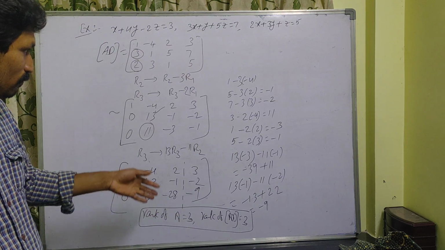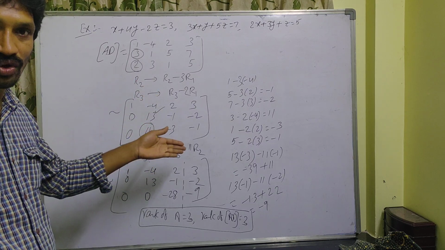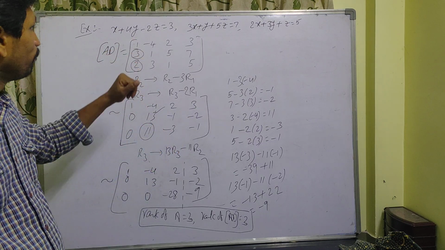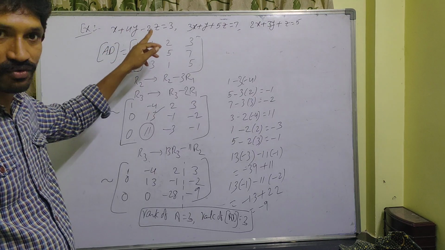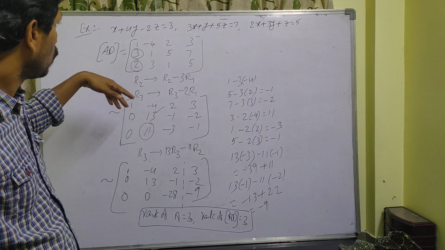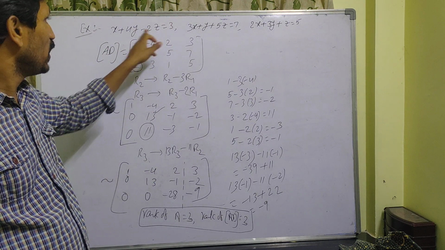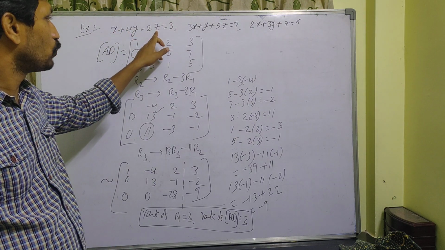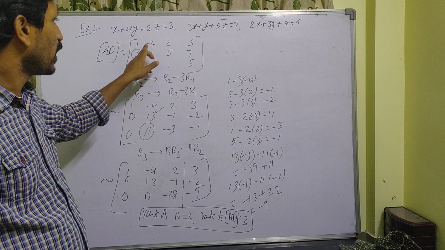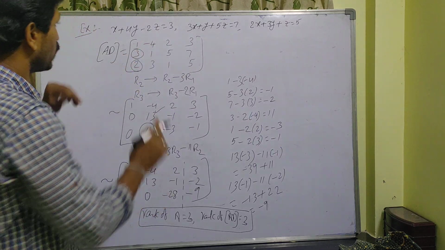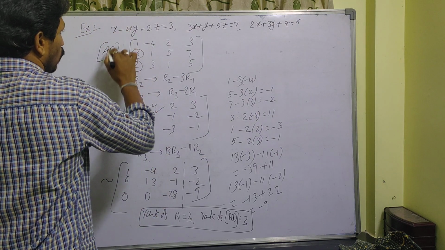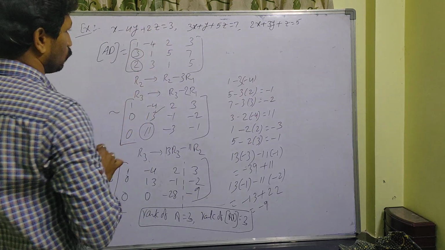Actually, I took this example for no solution, but here somewhere I made a mistake. What is that? Once you check it out. Yes, here x plus 4y minus 2z is equal to 3. Actually here 1, 4, minus 2 I should take, but here I have taken 1, minus 4, 2. So change the question here. So this is 1 minus 4 plus 2.